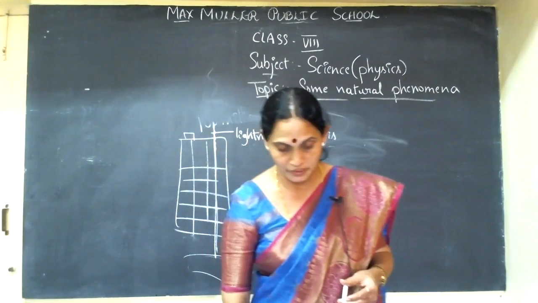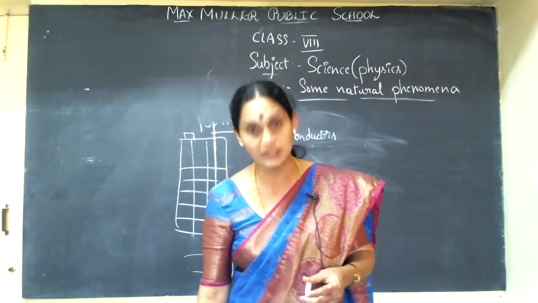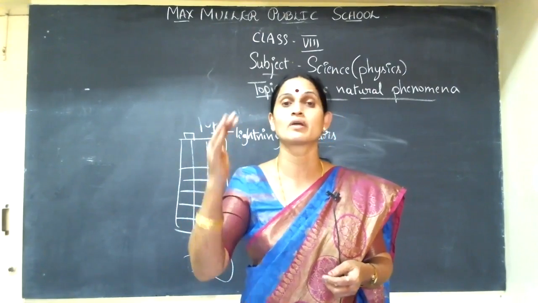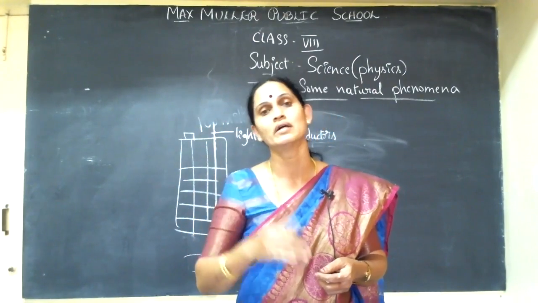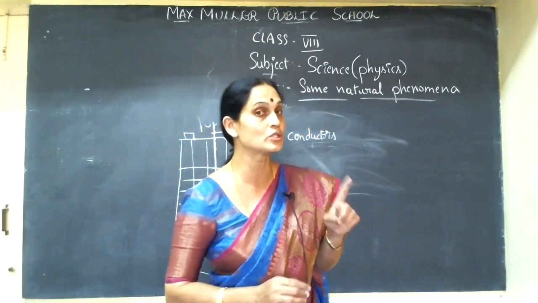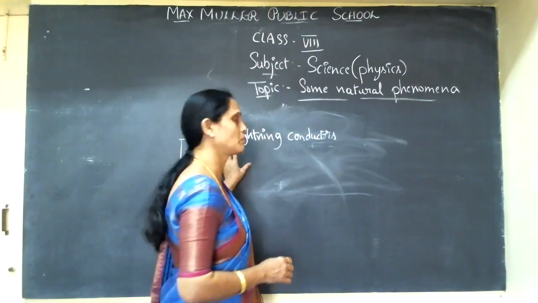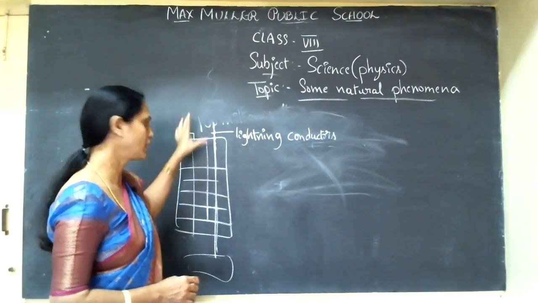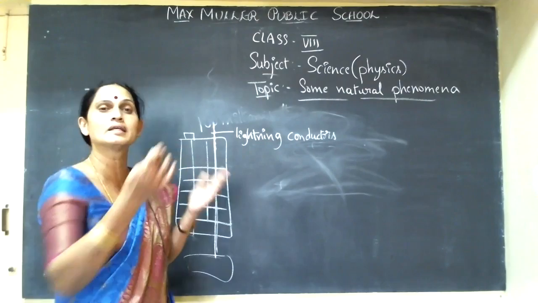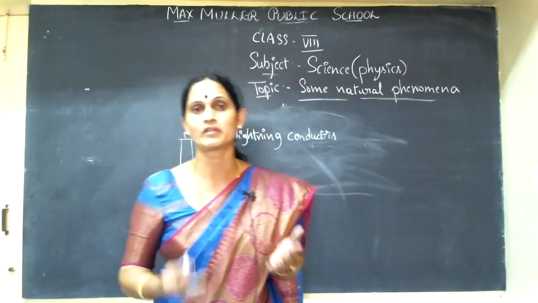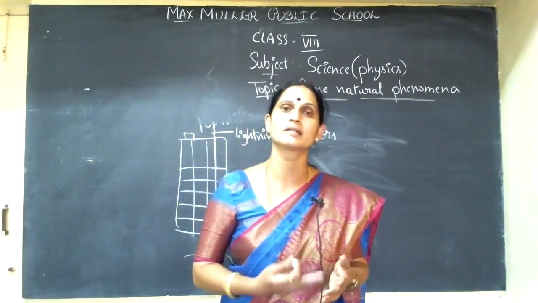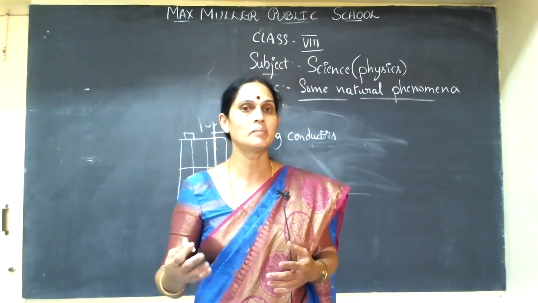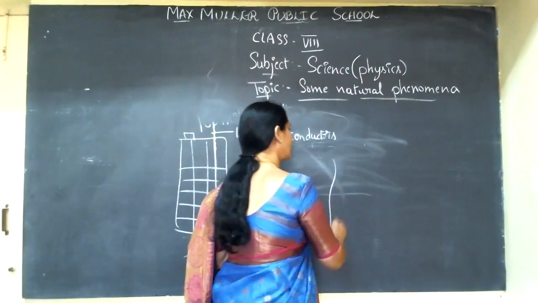And one more thing, for people who are staying outside in an open land, we are not supposed to stand under trees or huge buildings. As I said, a huge building is dangerous. Sometimes some buildings have no lightning conductor. In that case there is a chance of electrons passing through the building, and the building may be damaged. So when we stand near the building, we will be hurt immediately. We may die.